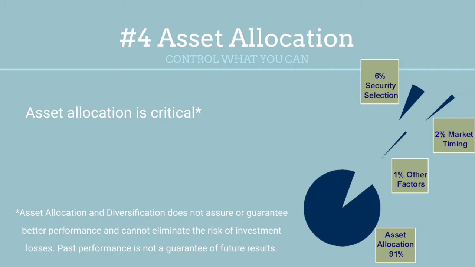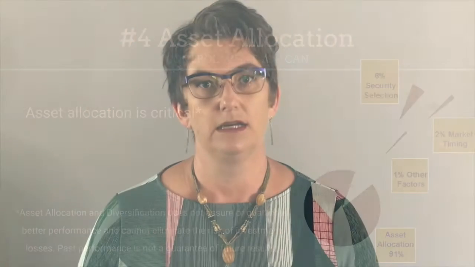If you ask the average person on the street what impacts portfolio performance, most people would say it's the ability of a person or an investor to pick stocks and bonds to buy and sell or to time the market. When in fact, what research indicates is the most important component of portfolio performance over time is your asset allocation choice. That dictates about 91% of your portfolio performance over time. So by focusing on that component, you've already tackled the biggest factor that will affect your portfolio's performance. So let's take a look at what we mean by asset allocation.